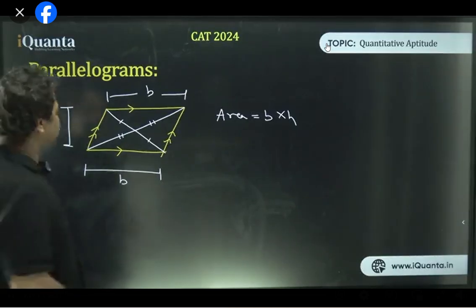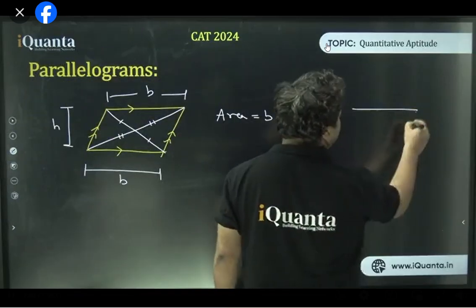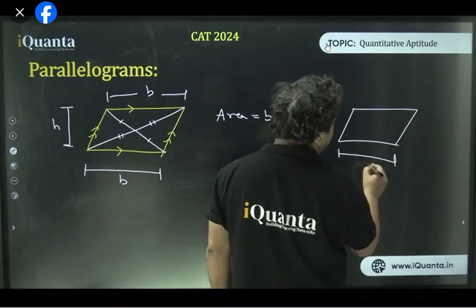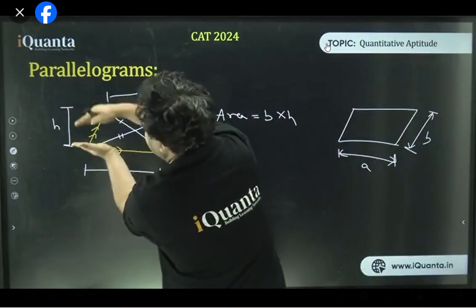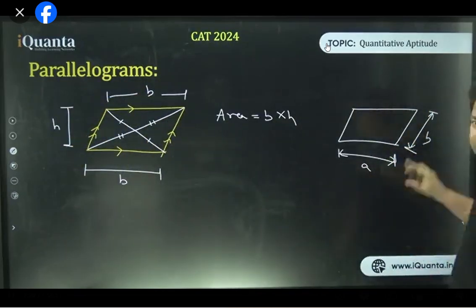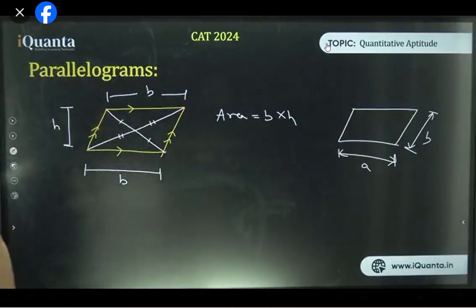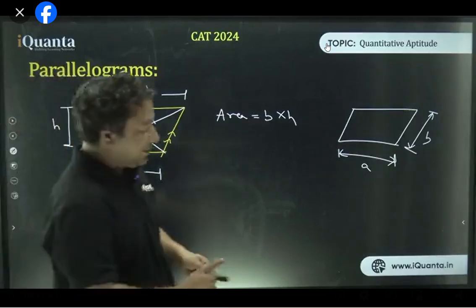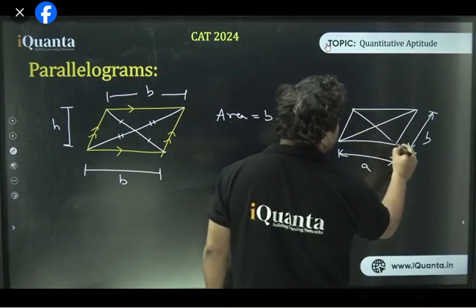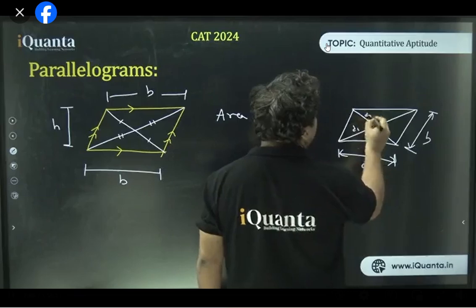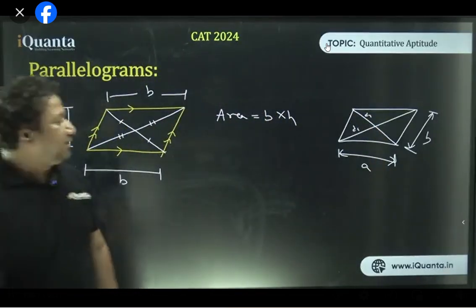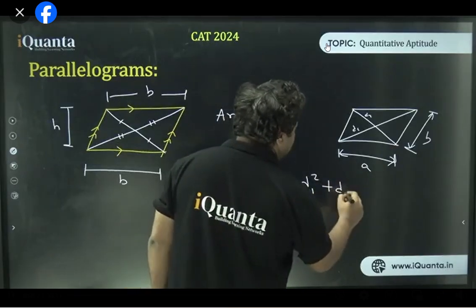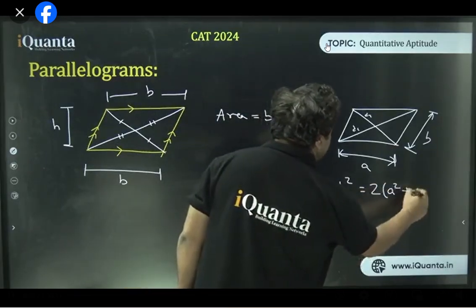Okay, also, if I draw a parallelogram like this, in which the length of sides are A and this is B. So here I wrote height, it was the vertical thing, but this B is basically the slant height, or one of the sides. So now I have two sides over here. All right. And if I make two diagonals of lengths D1 and D2, then there's a formula which connects the diagonals to the sides, which is D1 square plus D2 square is equal to twice of A square plus B square.